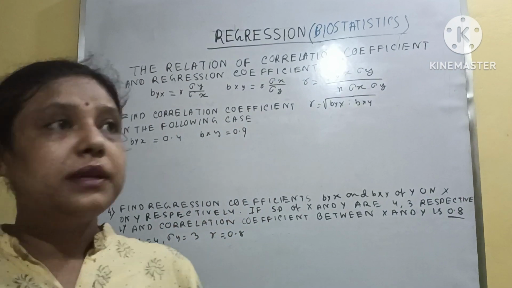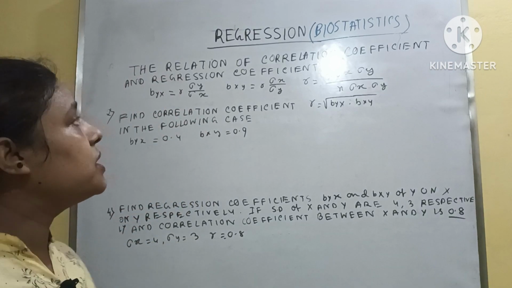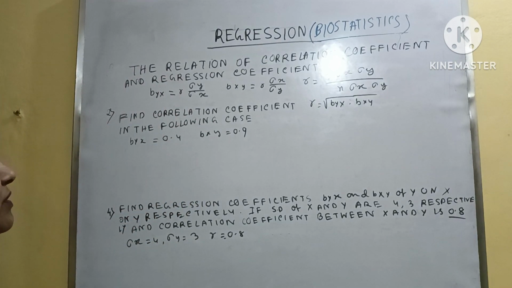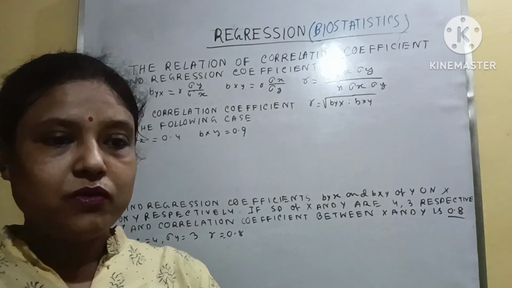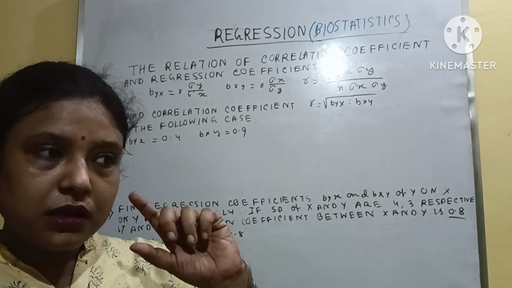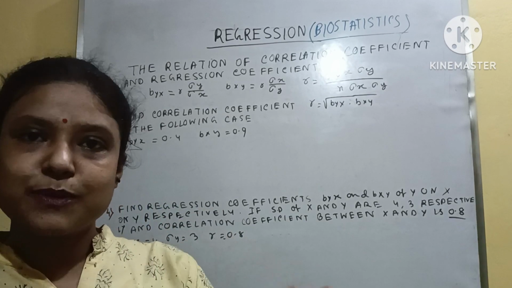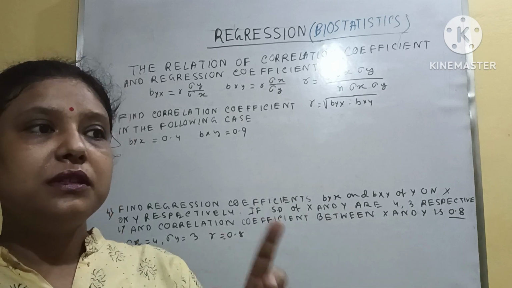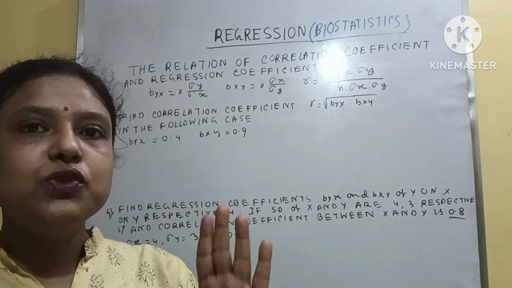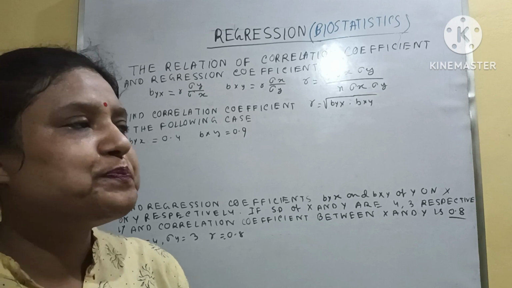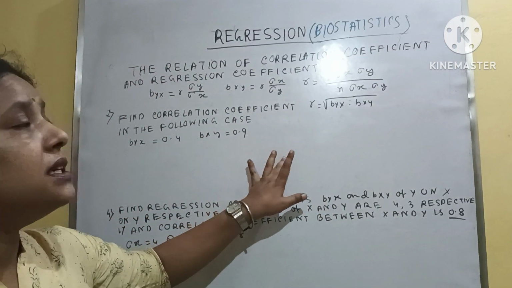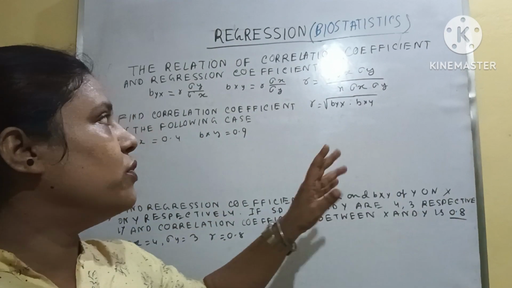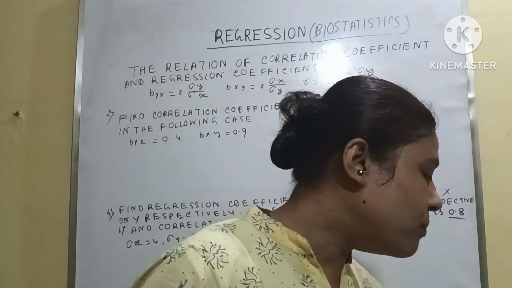This is the regression part 2, you can say, because before this problem sums, I already have explained what is the regression, and regression related sum also explained in that video. That was the first sum related to the regression coefficient. And obviously all the formulas I explained there, so you check out that one. And this is the continuing part of the regression coefficient, and here the problem is